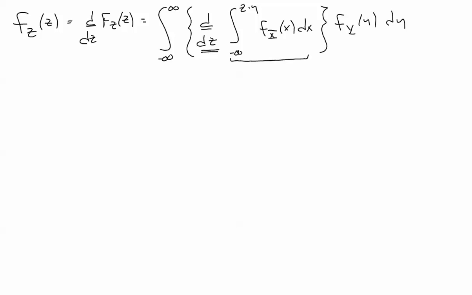It's this integral result right here that's going to be a function of z, and that's what I'm going to take the derivative of. And then I'm going to integrate against y. This then becomes the integral from negative infinity to plus infinity of the derivative with respect to z of